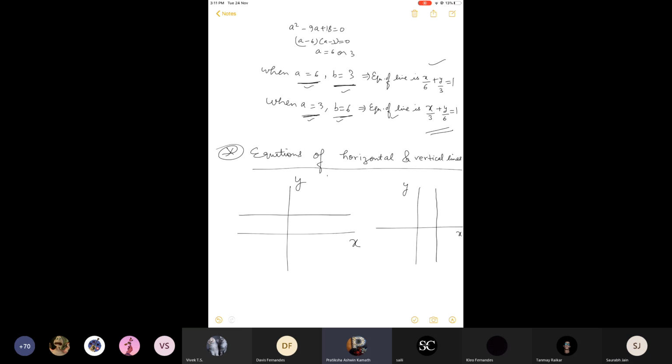Y is equal to 0. Y is equal to 0 or y is equal to something else? Y is equal to 0 is just one particular horizontal line, that is the x-axis. Y equal to 0 is the x-axis, not all the horizontal lines. So how can you generalize it? Y is equal to,